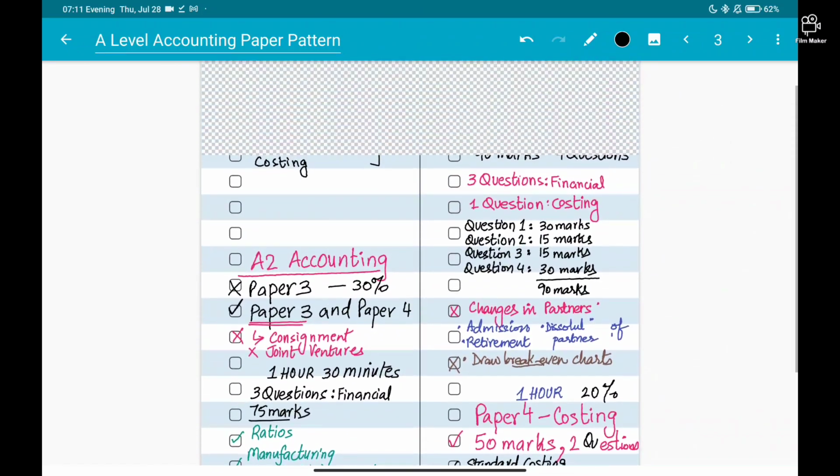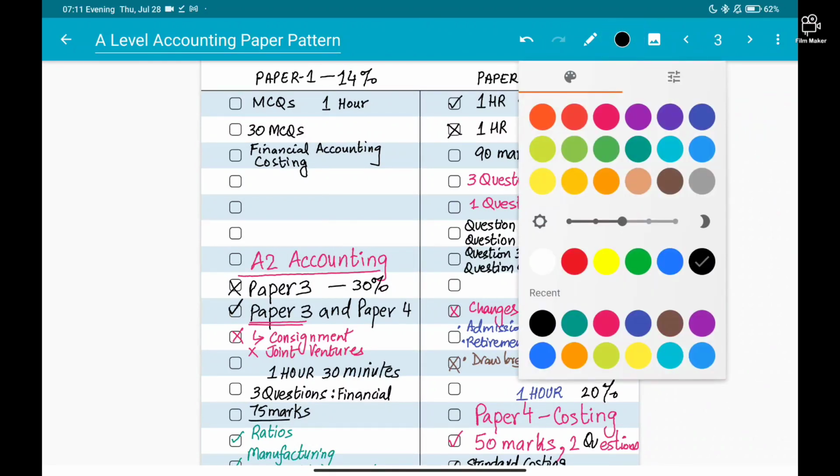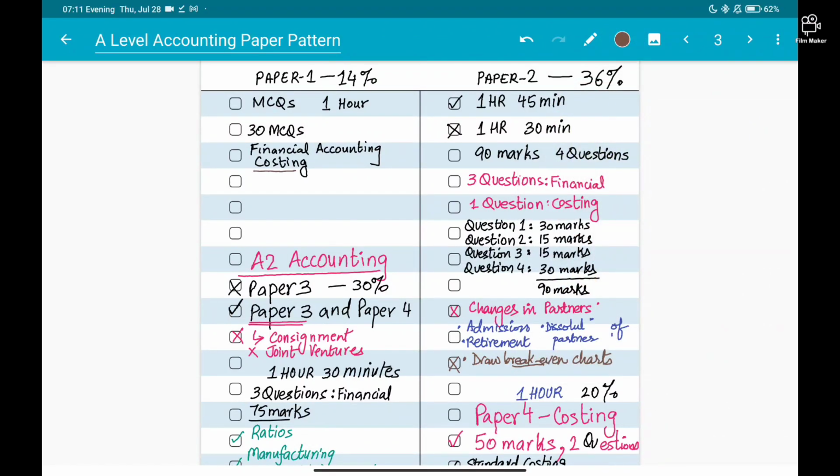Okay, I'll also write down the topics so that if anyone has any confusion. We have costing topics in AS accounting, that is marginal costing and absorption costing, in which we have conventional methods and cost volume analysis and all of these things that come in marginal and absorption costing. These are just the headings of those chapters. And in the financial part of AS, we have suspense accounts, errors, bank reconciliation, control accounts, verifications, depreciation, bad debts, partnership, companies, sole traders, incomplete records, all those things.